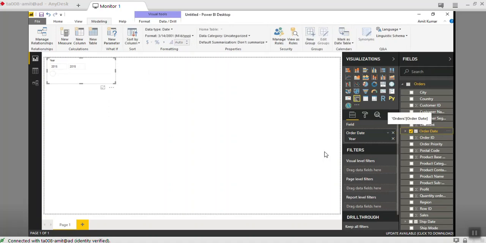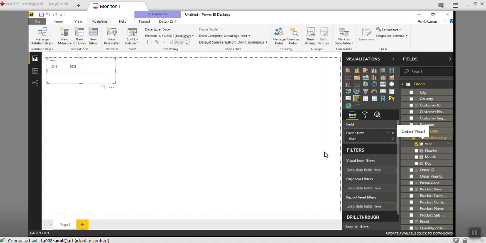The date should be there in the transaction, otherwise we cannot load. If only year or month are available, then we can plot only those two fields.